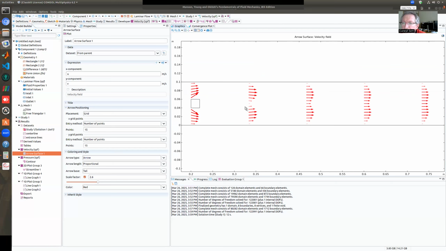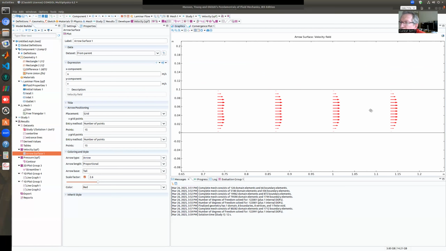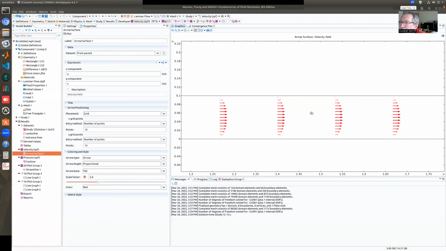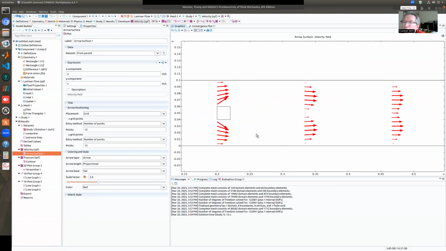As you see in the wake region, we have slowing down, but then it builds up again and becomes kind of fully developed. But it takes some time for that, right? It is trying to be fully developed, but this is what the velocity field roughly looks like.